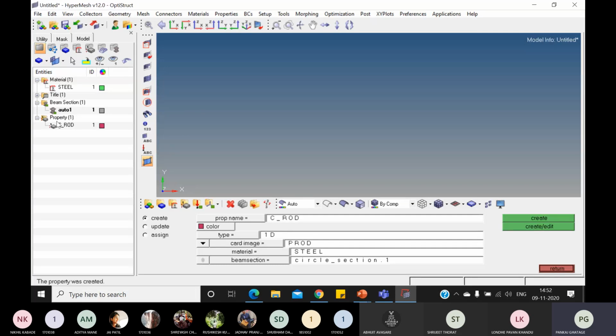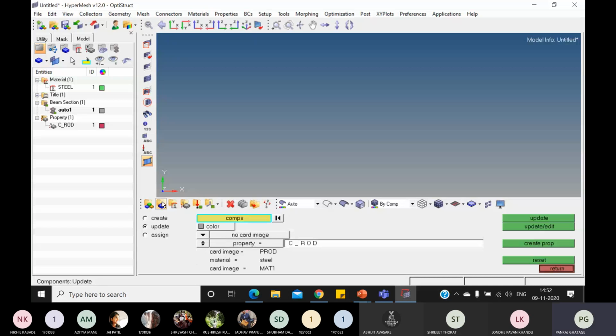Now MHPC collector, component collector. MHP CLL means component collector. Component collector means we have to prepare a geometry here. So how can we prepare a geometry? We have to give here